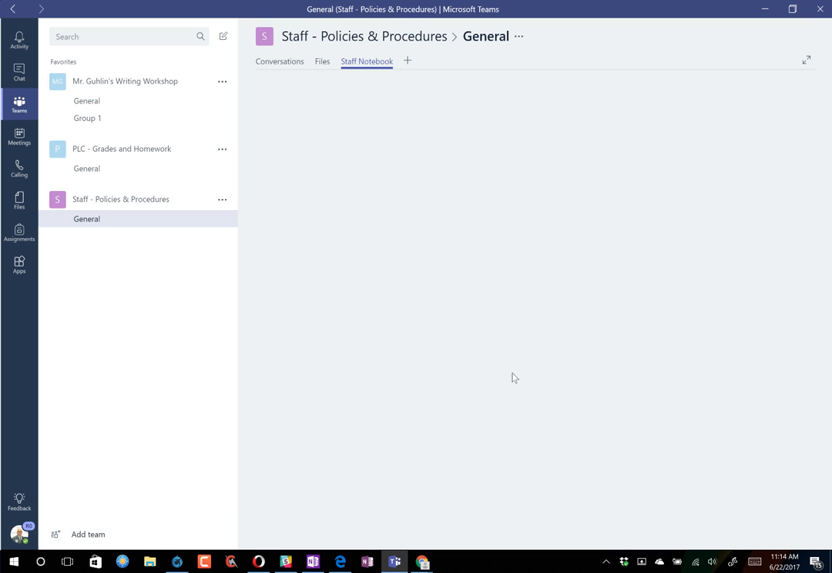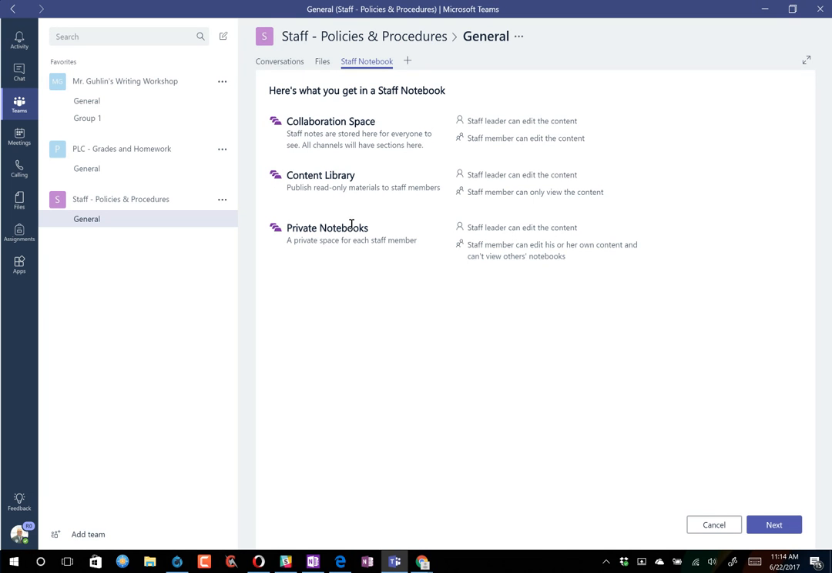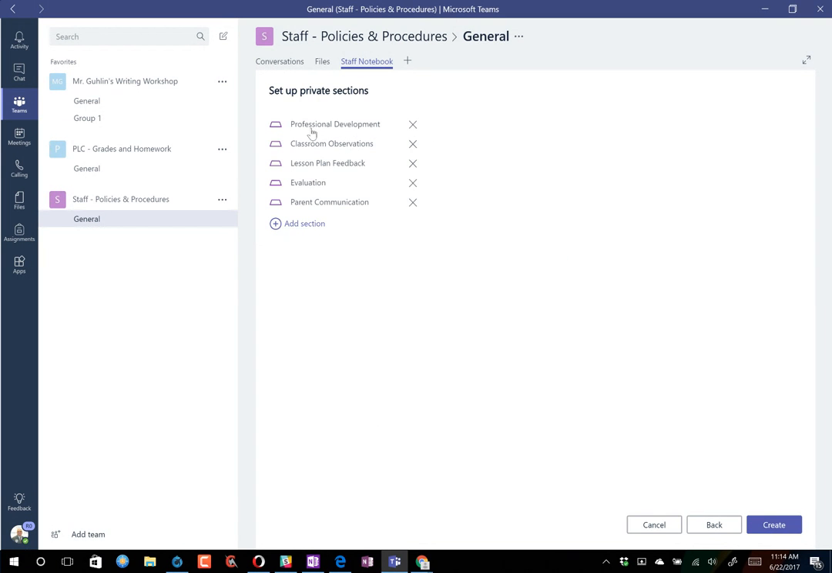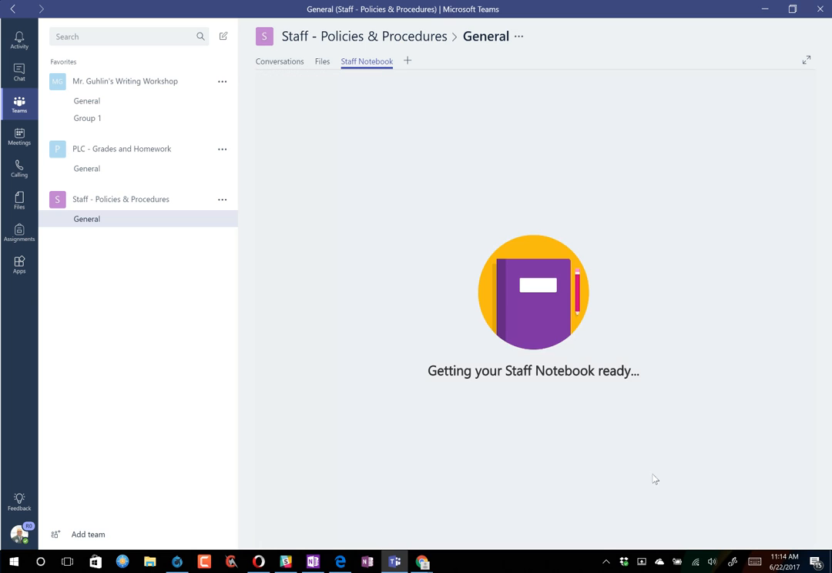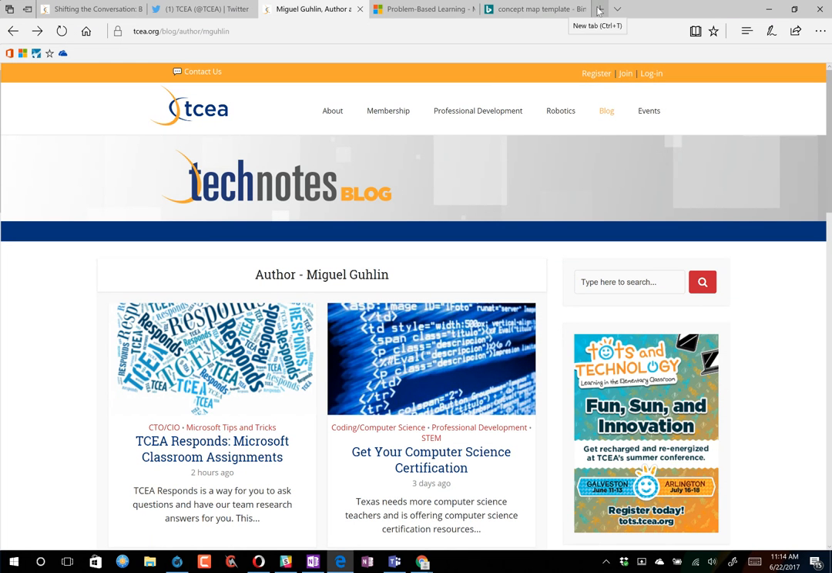We're going to first click on Setup. We get the traditional collaboration space, content library, private notebooks. I'm going to start this process, and you can have all these private sections: lesson plan feedback, evaluation, parent communications, professional development. I'm going to go ahead and start that working and just jump over here to the web